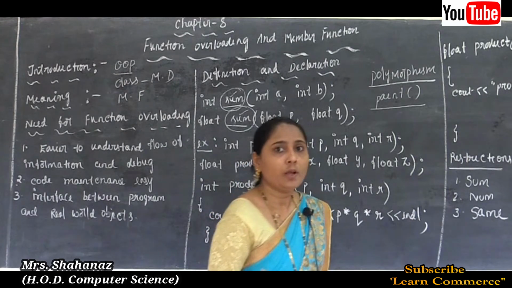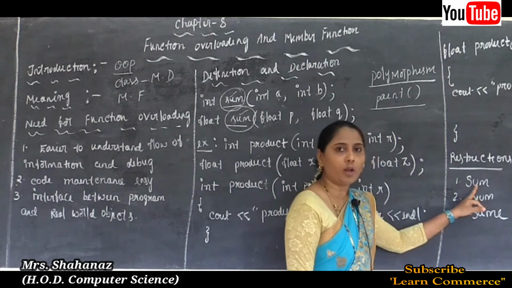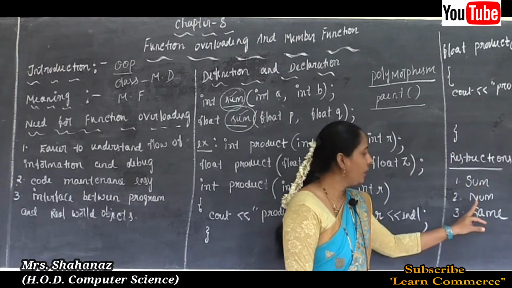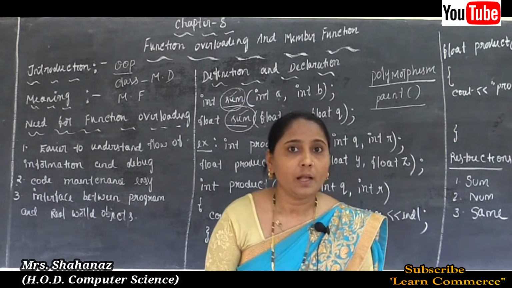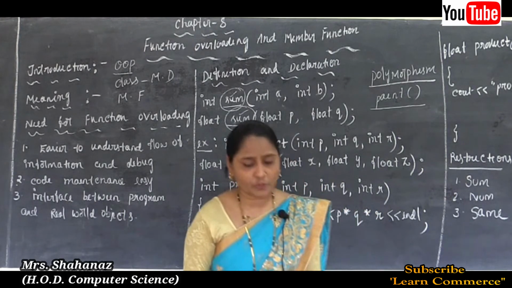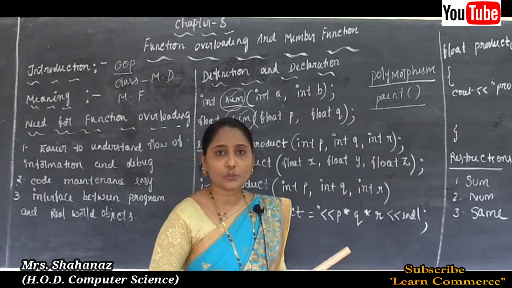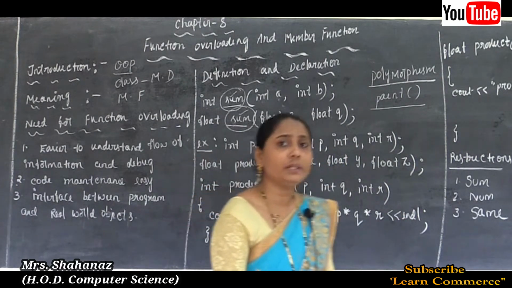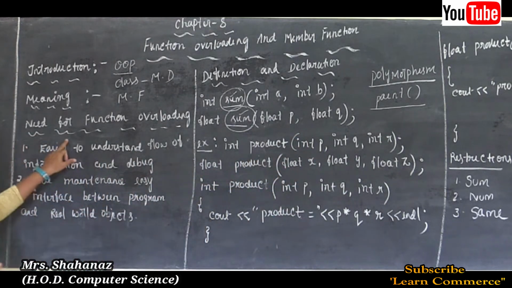So when different functions are created for different operations, the user has to call the respective function. Correct? Whatever function they want to execute, the user needs to call that function: the sum function, the num function, whatever function they created. The user has to call the respective function depending on the situation. So instead, for different situations, if the same function is called, the function name is the same, maybe 10 functions are there, every function has the same name.